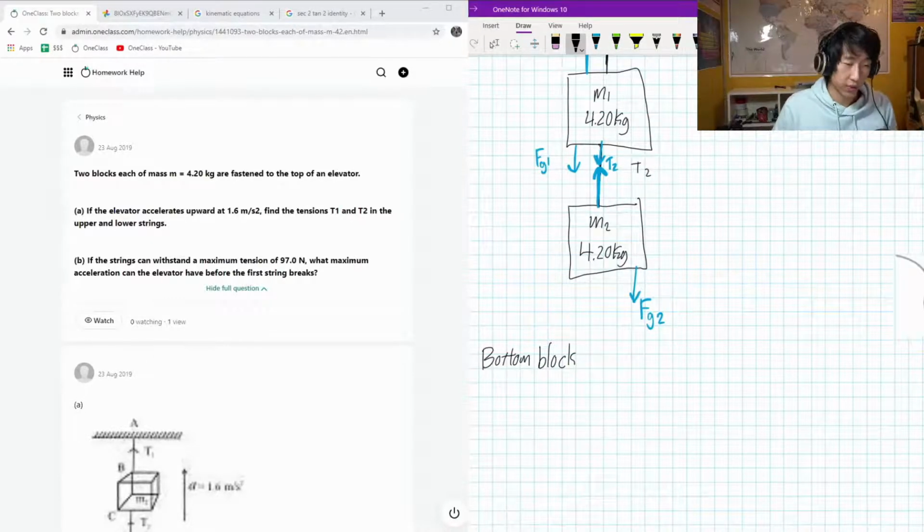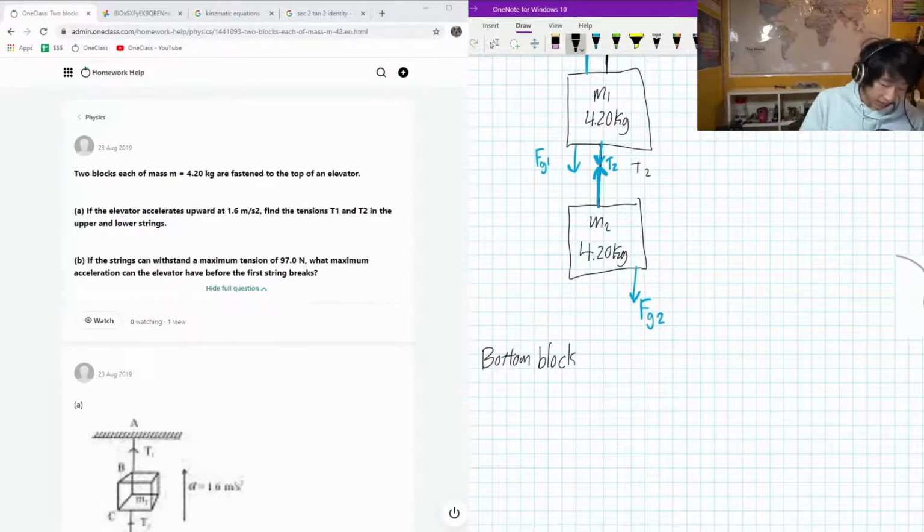So we only got 2 forces on the bottom block. We have the tension pulling it up and the gravitational force going down, T2 and mg. So we know that the net force of this is going to correspond to